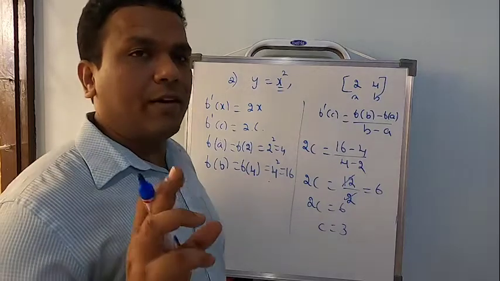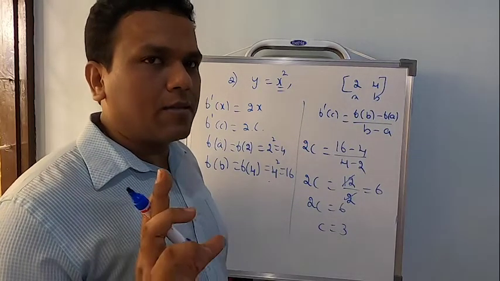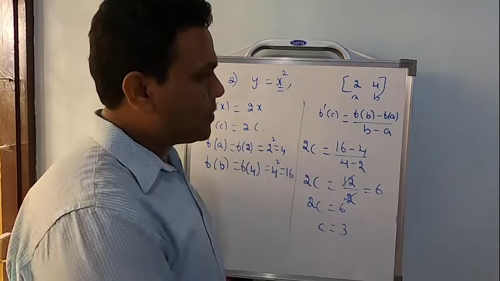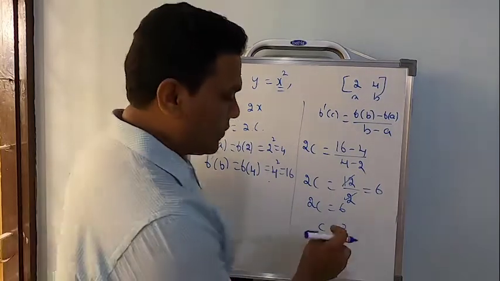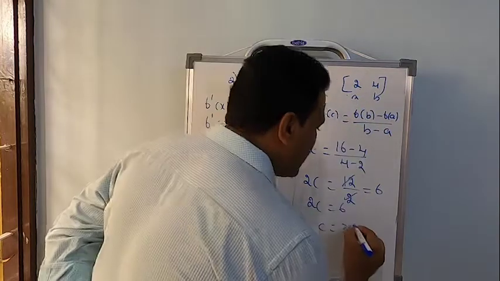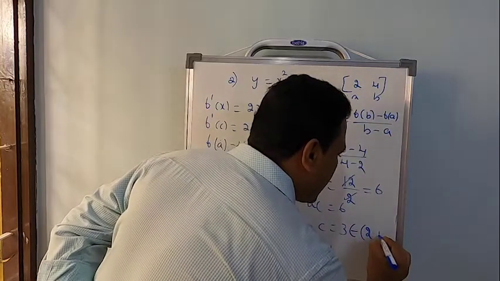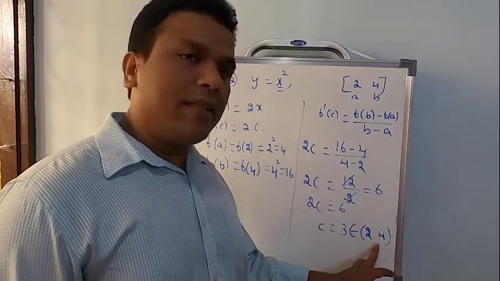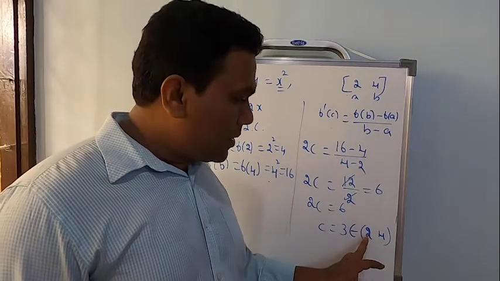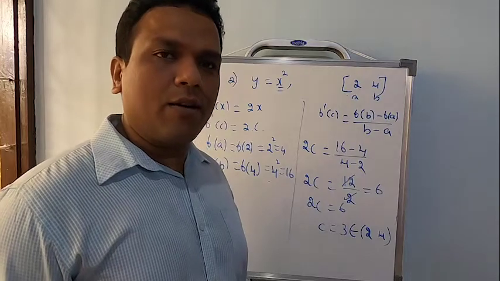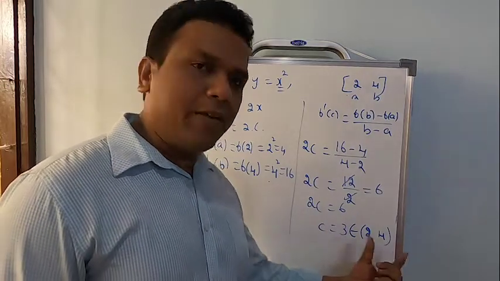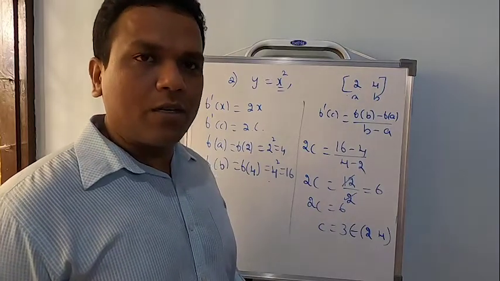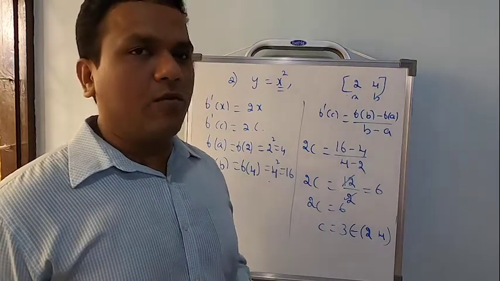Only finding the c value will not be enough. Remember, the last step is the conclusion part, which is most important in working the problems based on the mean value theorem. After finding c, just check whether it belongs to the open interval 2, 4. That means, does the number 3 exist in the interval 2, 4? Certainly 3 is a number which exists in the interval 2, 4. It's a number between 2 and 4. So once you come to this stage, you can give a conclusion. Hence, the mean value theorem is verified.